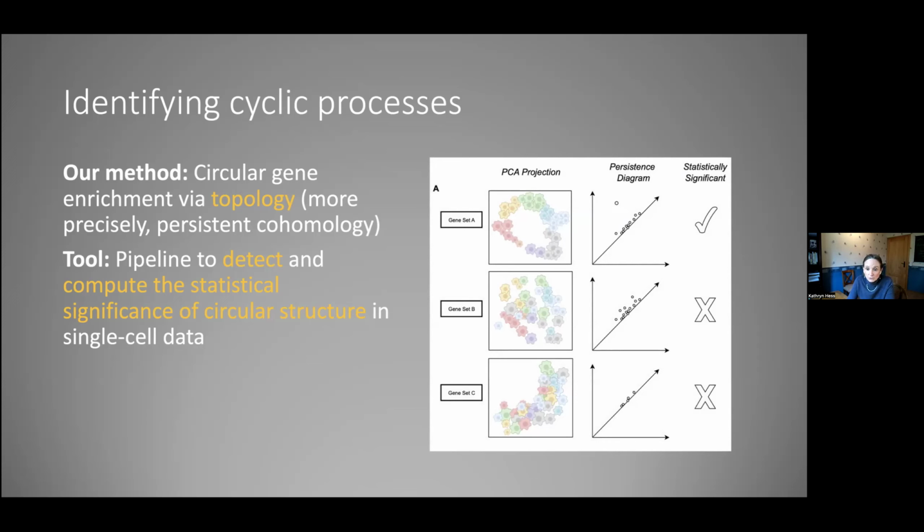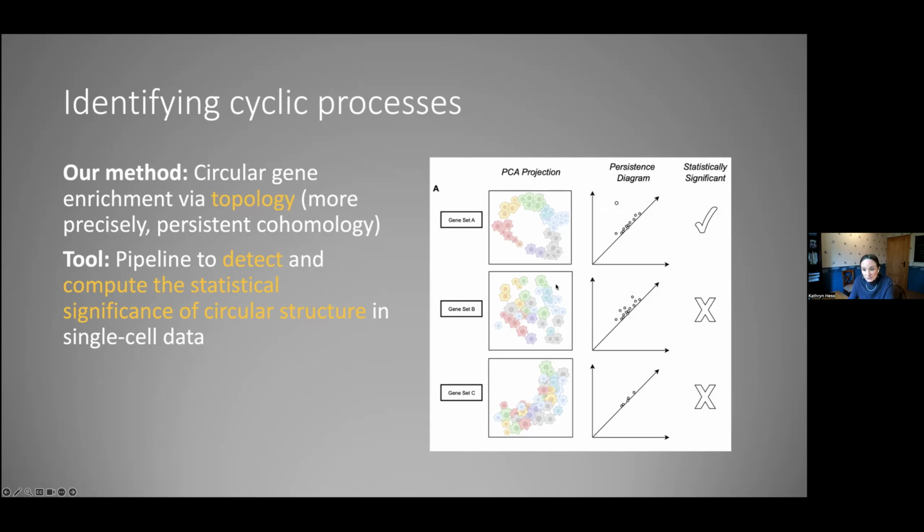So if we do a little bit of a cartoon, we can imagine that we do PCA projections of the gene expression data for different gene sets onto the principal PCA components, and we look for cyclic structure in those. So I take my cursor here. So here there's, oh yeah, that looks like some sort of obvious circular structure here. And so we have maybe different expression profiles or something like that that are giving us the colors of the cells. Or you could take another gene set and you say, there doesn't seem to be much of a circular structure there, or even less here in the PCA projection related to this other gene set.